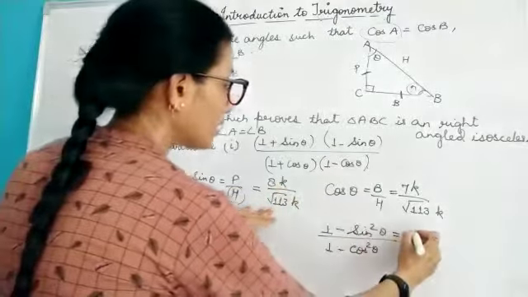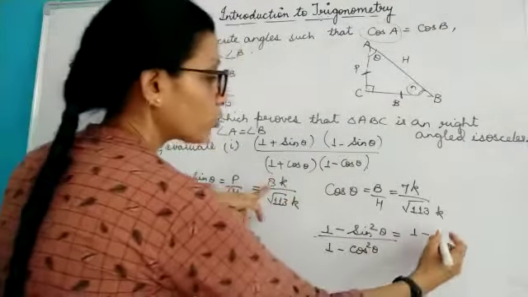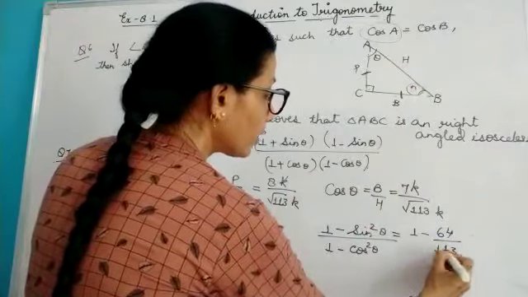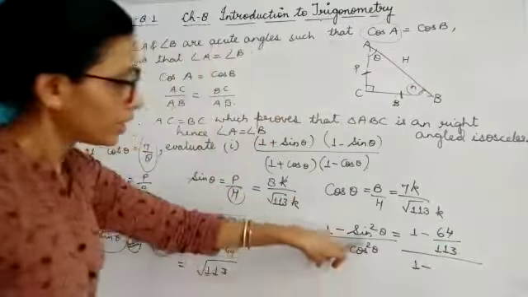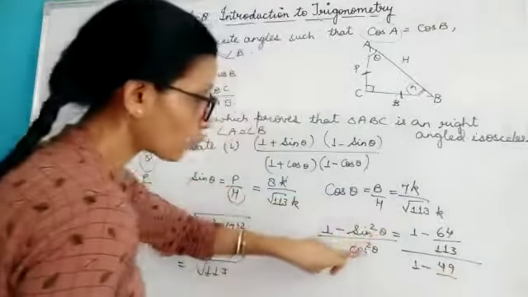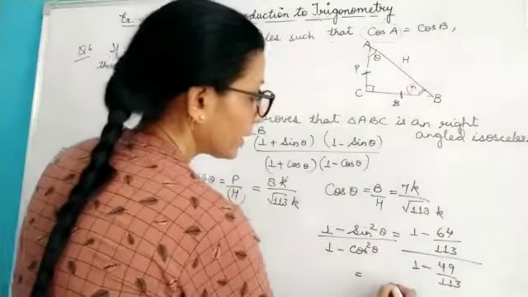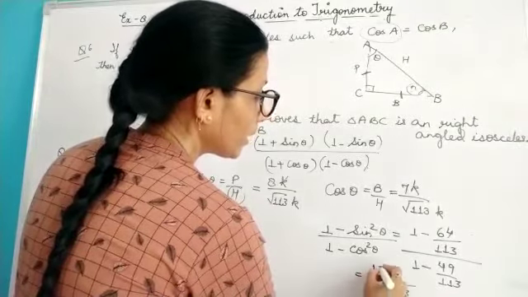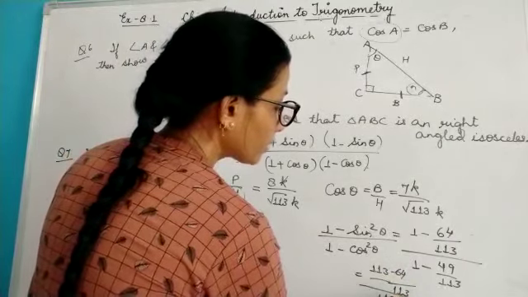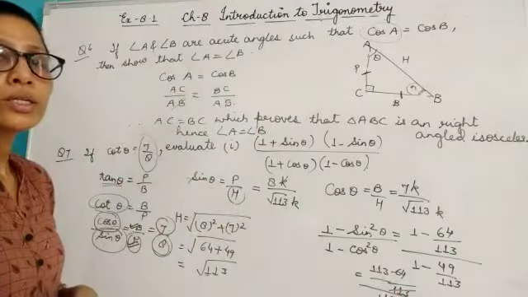You can simply put the values of sin theta. So here it is 1 minus sin square theta, which means the square of this. So it will be 8 into 8, 64, k and k will go. So this will be just 1 minus 64 upon 113, whole upon 1 minus cos square theta, and cos will be 7 upon this. So it will be 49 upon 113, since this is squared. Simplifying further, take the LCM as 113. So it will be 113 minus 64 whole upon 113, over 113 minus 49 whole upon 113. So this 113 and 113 are gone, just subtract.